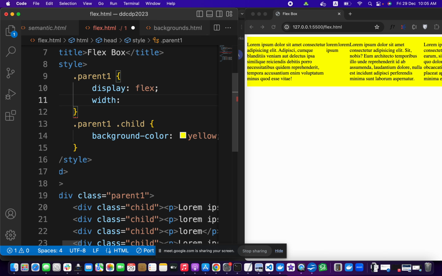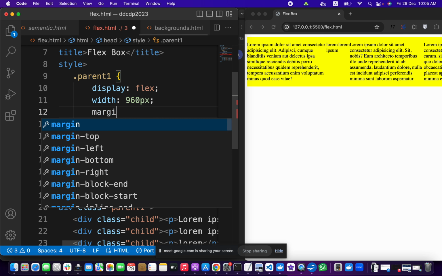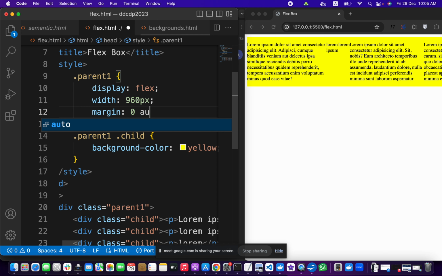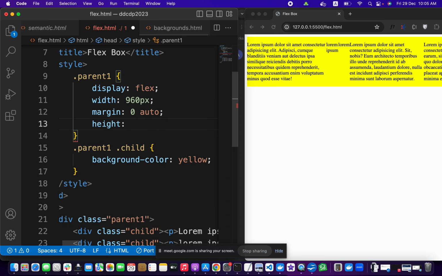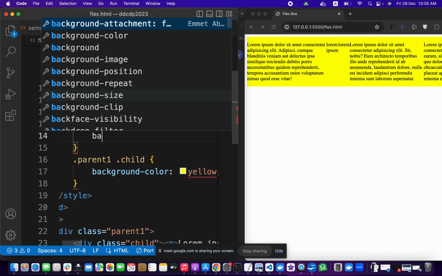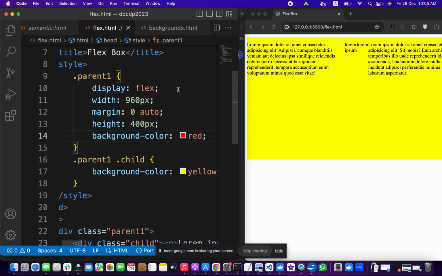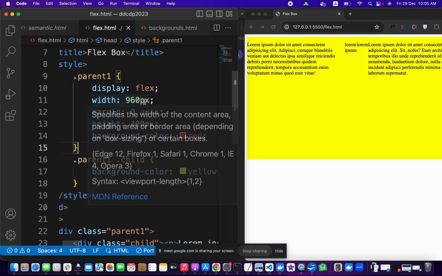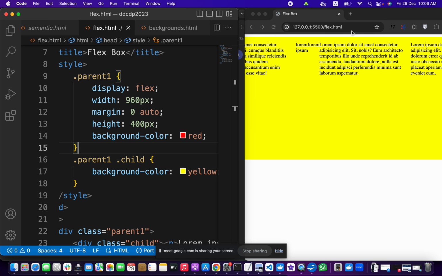Initially I am giving some fixed width, then I will explain why flexible widths are more beneficial for us. So it's 960 pixels width, margin 0 auto means I need it to be in the center, and for now I am going to give some height also for it, and the background color is red. So the width is 960 pixels. If I make it full width,